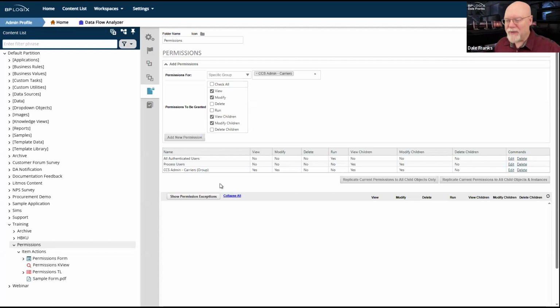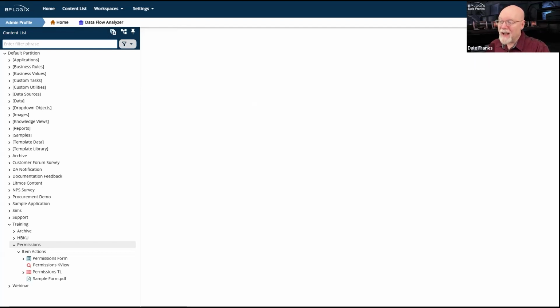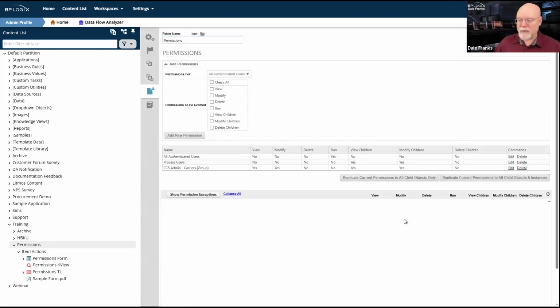So if that happens to be the paradigm under which you operate, then you would need this third set of permissions to enable this limited editing and control of the content list so that they could edit objects, move them around as needed. And the only thing that you wouldn't allow them to do is delete. This is probably as expansive a set of permissions as most production systems need. And now that I've set these permissions, I do want to save them as part of this folder.